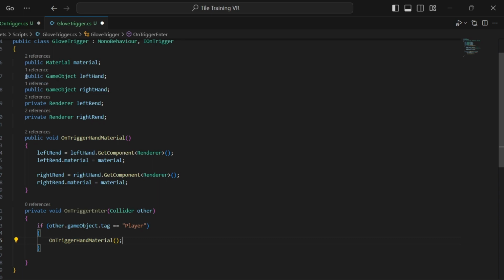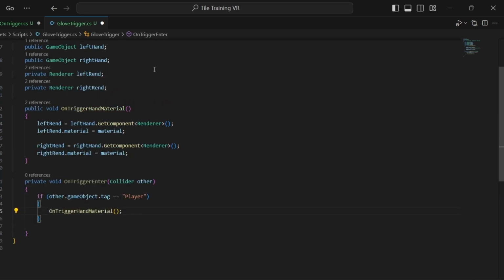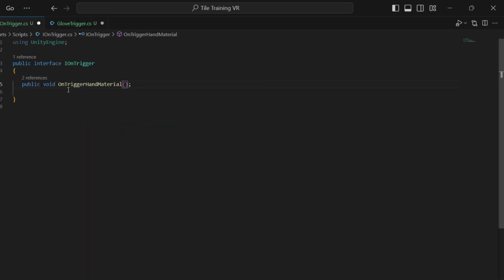But in reality, you can make these serialized fields, and that way it's a little bit more secure. And then we've also created a renderer, which I call leftRend and rightRend, which we're going to use later. Because there were two GameObjects here, the left and right hand, we have to have two different variables. And so, come on over here, as you can see, I have gone ahead and taken this method,